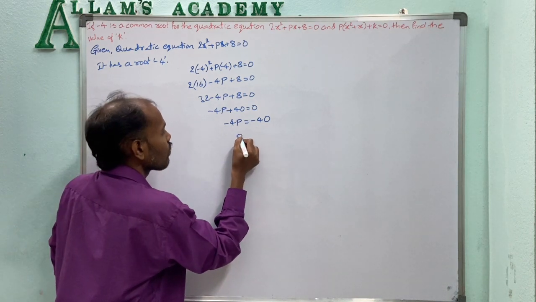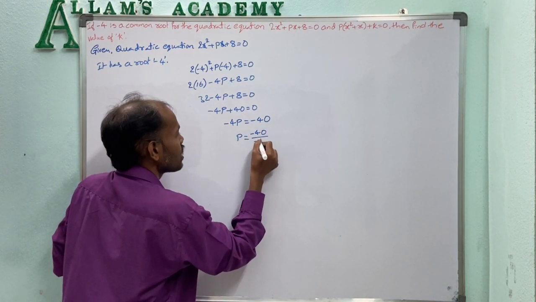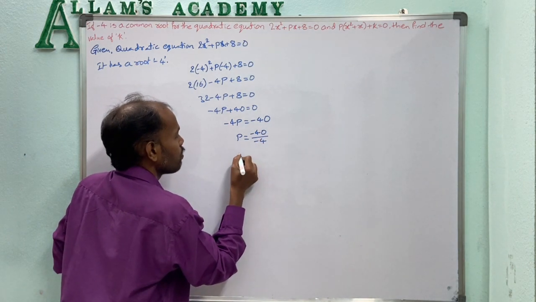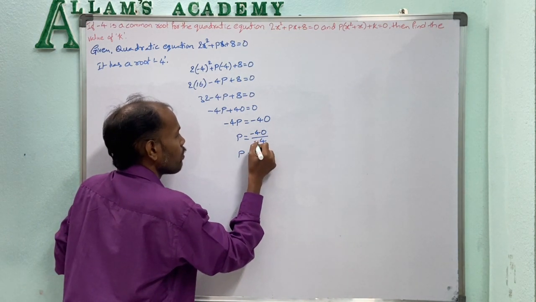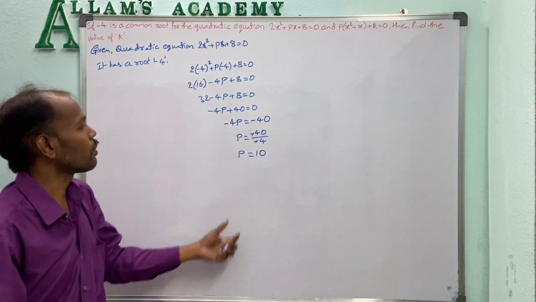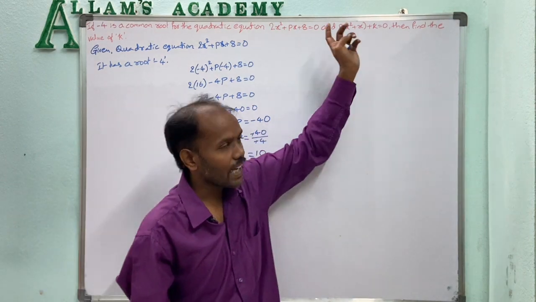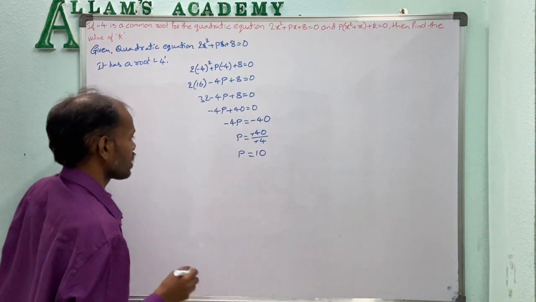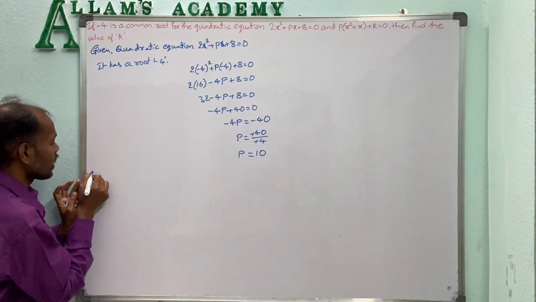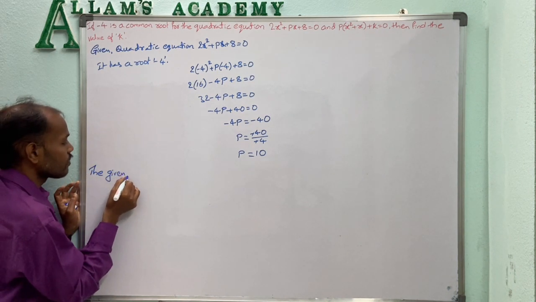Then p equal to, the multiplication by minus 4 is transferred to that side, that is division. That means minus 40 by minus 4. The minus minus gets cancelled, and 4 tens are 40, so we get the p value as 10. Now we substitute this in the other quadratic equation. The other given quadratic equation is